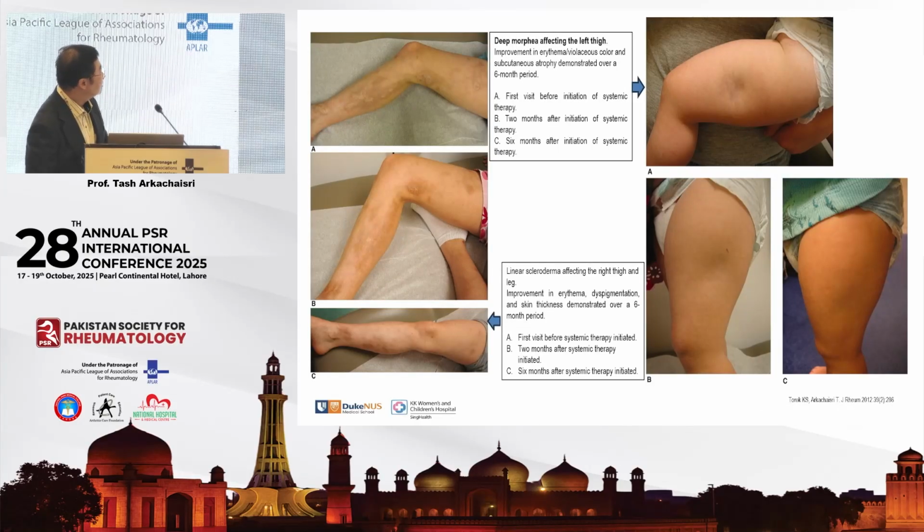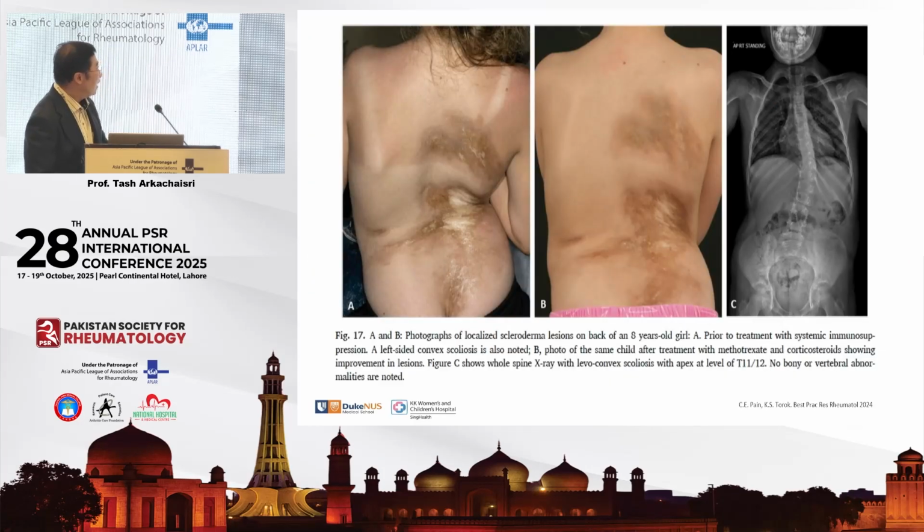And this is the treatment. You see from this contracture all the way to grade, and this is the deep morphia. This and this and this normal. So this is a good treatment for you to do. And this is the one that is quite late, but it still help you because, as I said, once the involvement is not